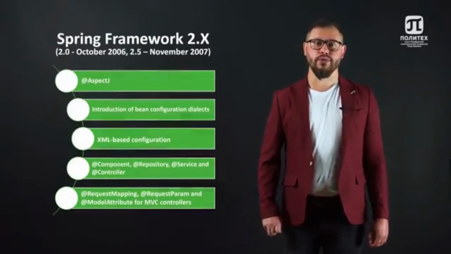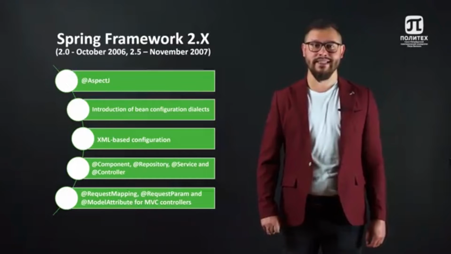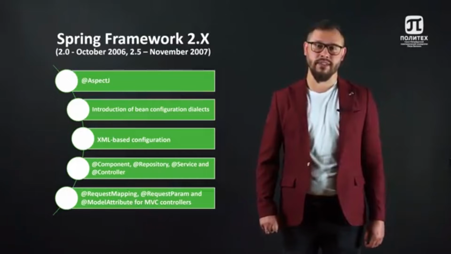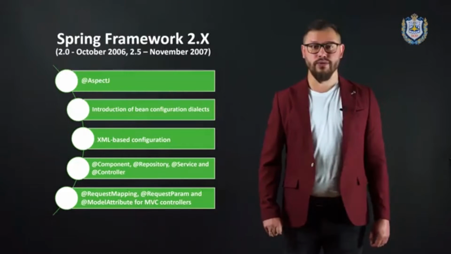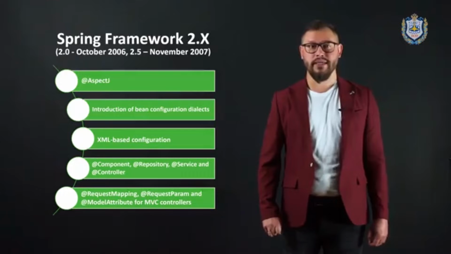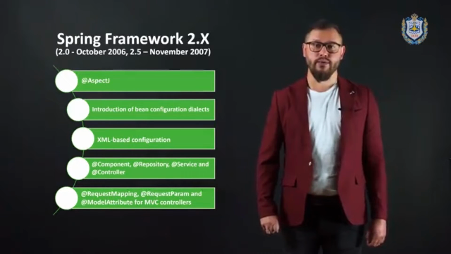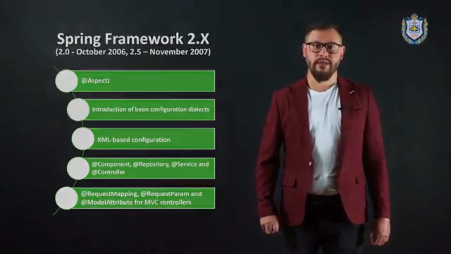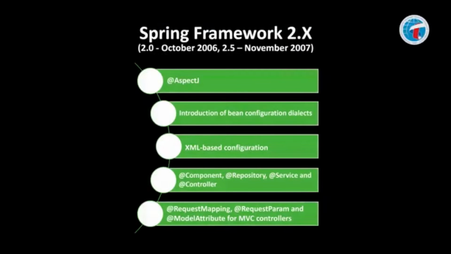Spring Framework 2 was released in October 2006 and Spring 2.5 was released in November 2007. The Spring Framework 2 release was based around two themes: simplicity and power. This provides you with the following features: improvements in the IOC container and AOP, including the AspectJ annotation support for AOP development, introduction of bean configuration dialects, reduced XML-based configuration, and XML schema support and custom namespaces are introduced,